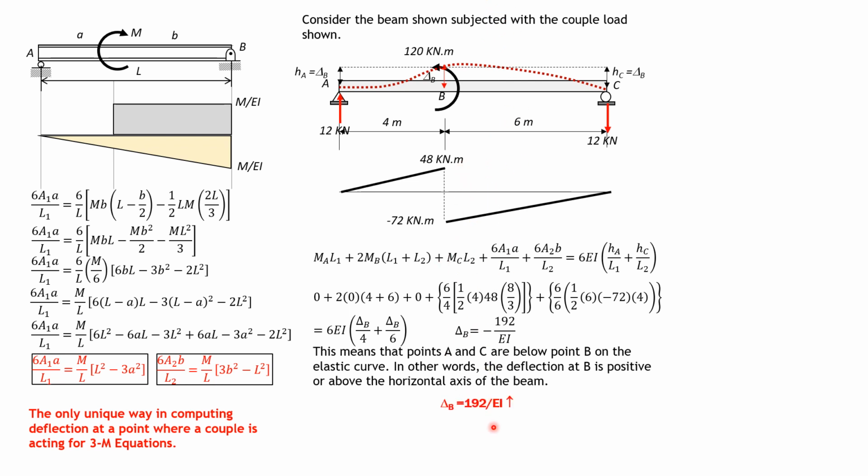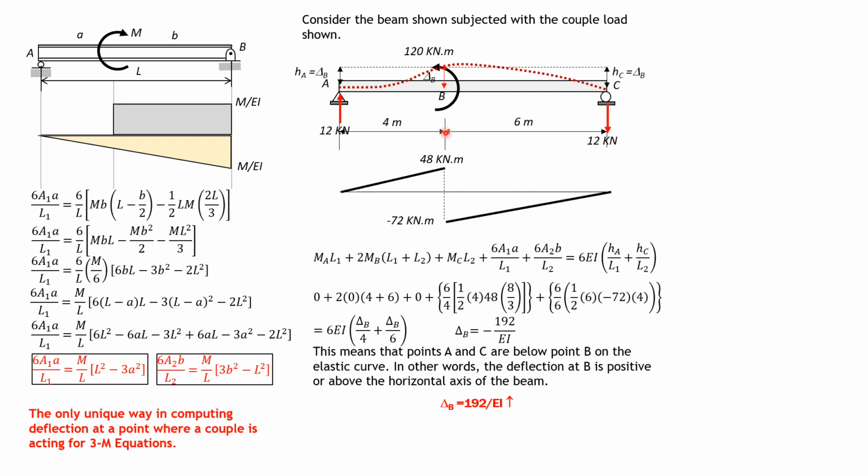So delta B is 192 over EI positive, because in the explanation, we first imagine that delta A and delta C or delta B would be above the horizontal line through B. So imagine that B is here due to the loading. So automatically, we draw a horizontal line through B, and delta A is treated positive here. Delta A is equal to delta B, by the way, treated positive. Imagine B is here, then delta C is also delta B, which is above B,